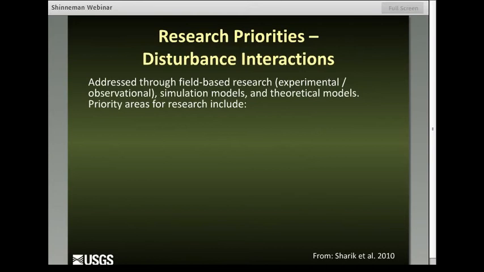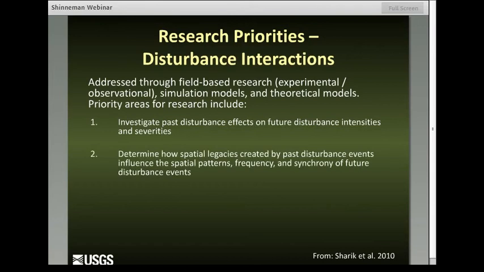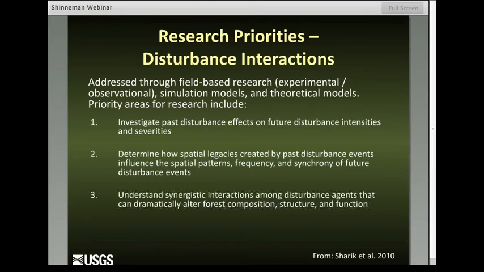And basically, there are, of course, different ways to address these types of dynamics through field-based research, simulation models, theoretical models, and so on. But some of the priority areas for research, at least according to Sherrick et al. article, include investigating past disturbance effects on future disturbance intensities and severities, determining how spatial legacies created by past disturbance events influence the spatial patterns, frequency, and synchrony of future disturbance events,